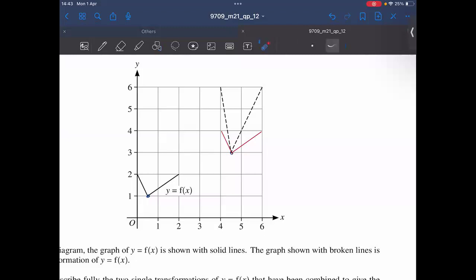But it has been stretched along the y-axis. If it is stretched along the y-axis, so yeah,